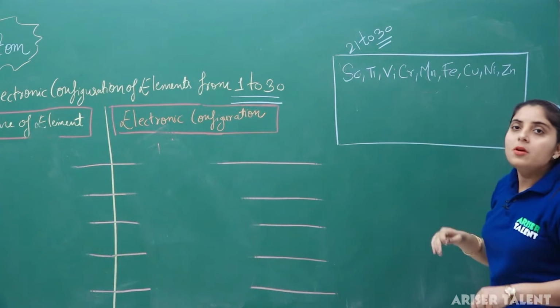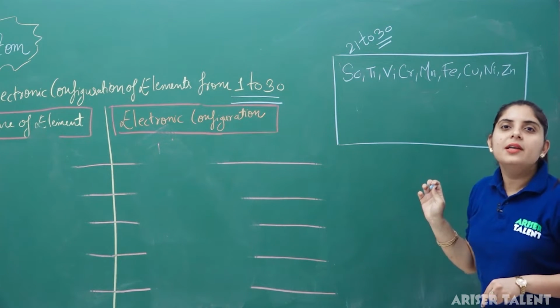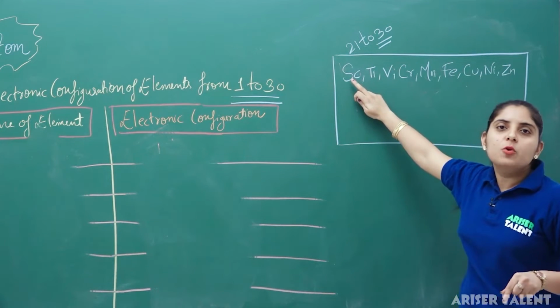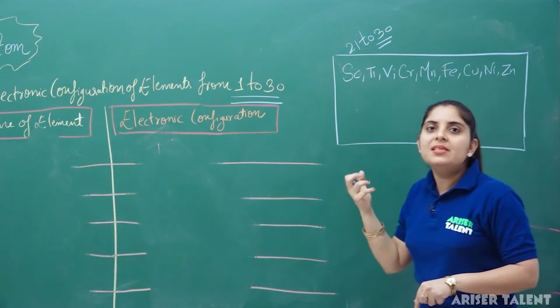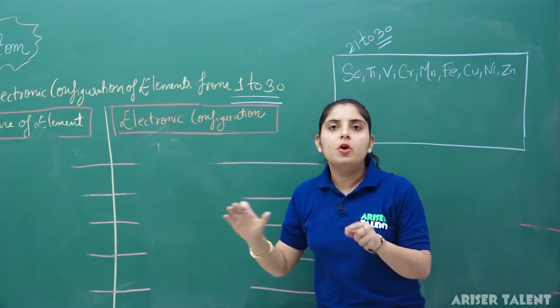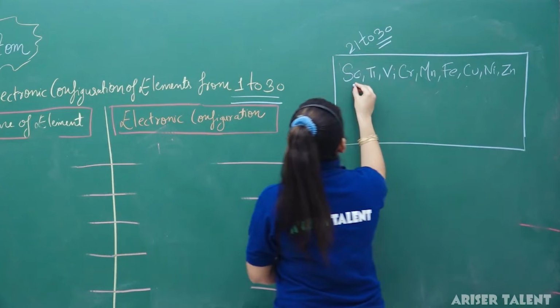Okay. Now this is a simple formula for learning this step, that is scooter TV karo mana fir koi nahi kamzor. So it is a simple syntax to learn the elements from atomic number 21 to 30, that is